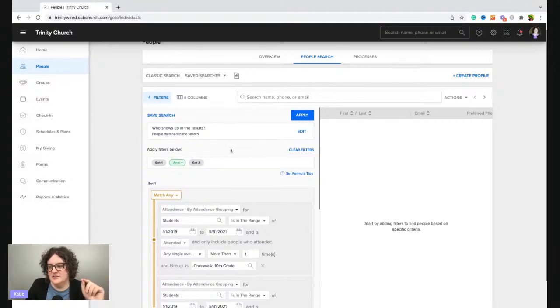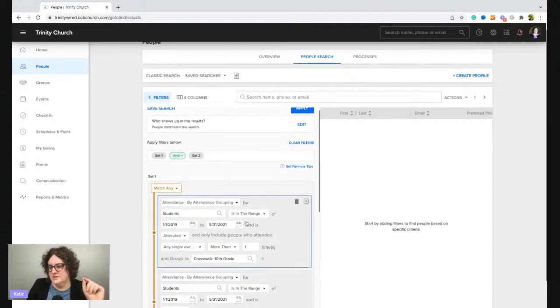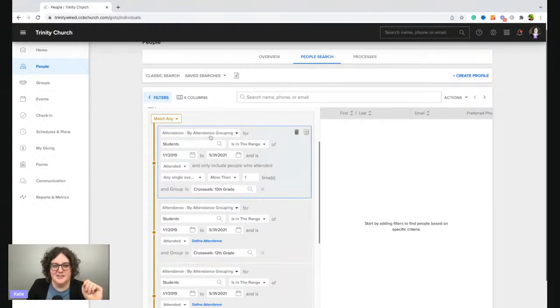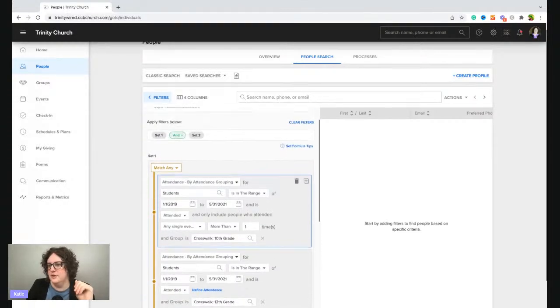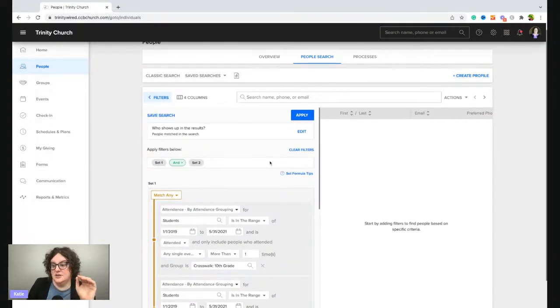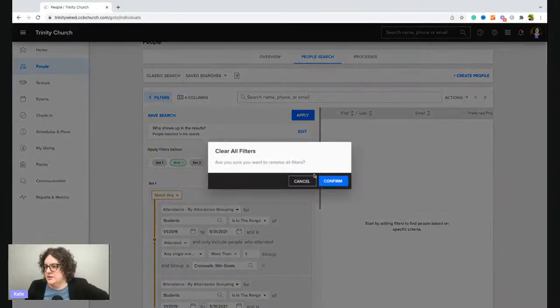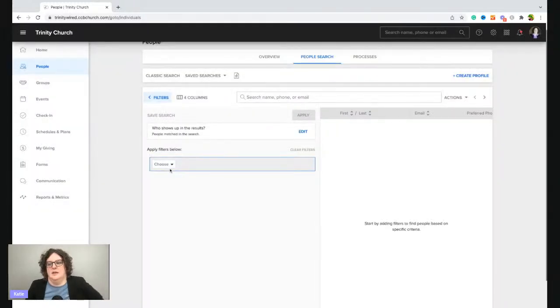I had messed up one of these in the range kind of things. So then you tweak it, run it again. Yep, that makes sense. This is an expected number, and then you go from there. So that is how you run a little more complicated set search. And then when you're done, you can clear filters. So let's see what time it is.